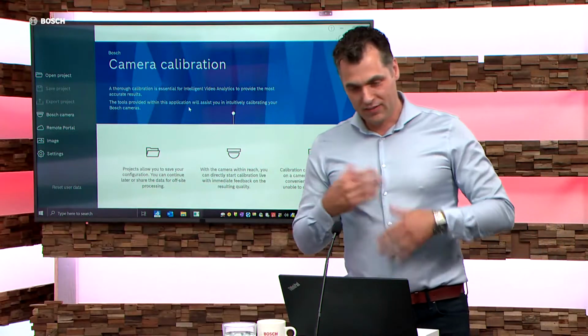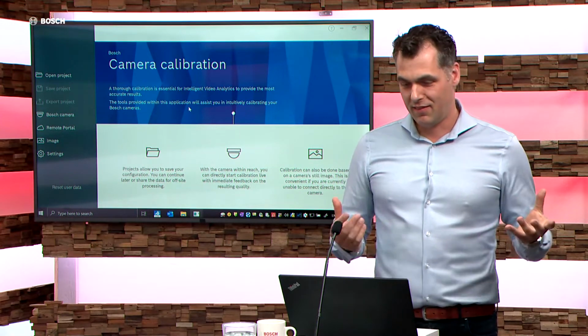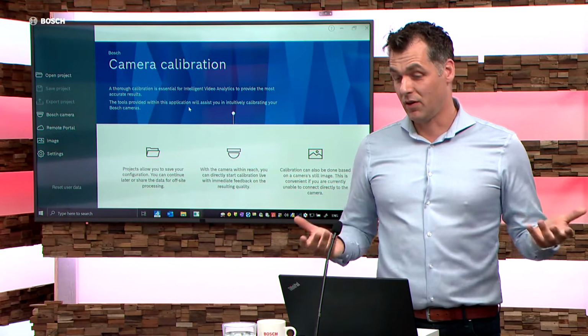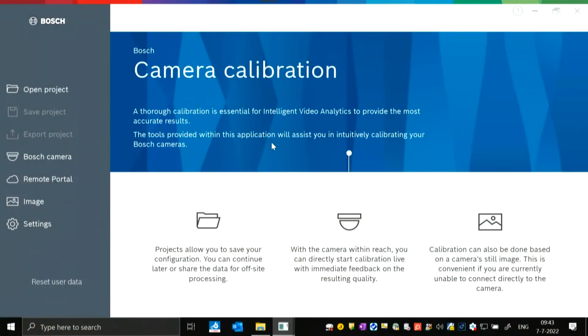Yeah, let's do a quick demo on what we can do with map-based calibration. I have here a tool, and this tool will become a standard in the configuration manager. Configuration manager is a configuration tool which you use to configure Bosch cameras. You can do firmware updates, you can change settings, you can even do batches.